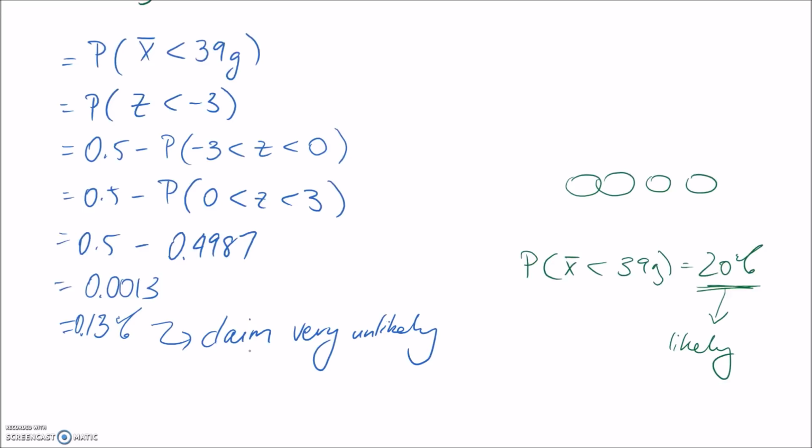So if you find that you have a really low probability of something happening, then that might be enough evidence to question the claim that is being made. But if the probability is quite high, then you really don't have the means to question it. So this would be my answer to this question, that the claim by Mars that their population of bags are distributed around 42